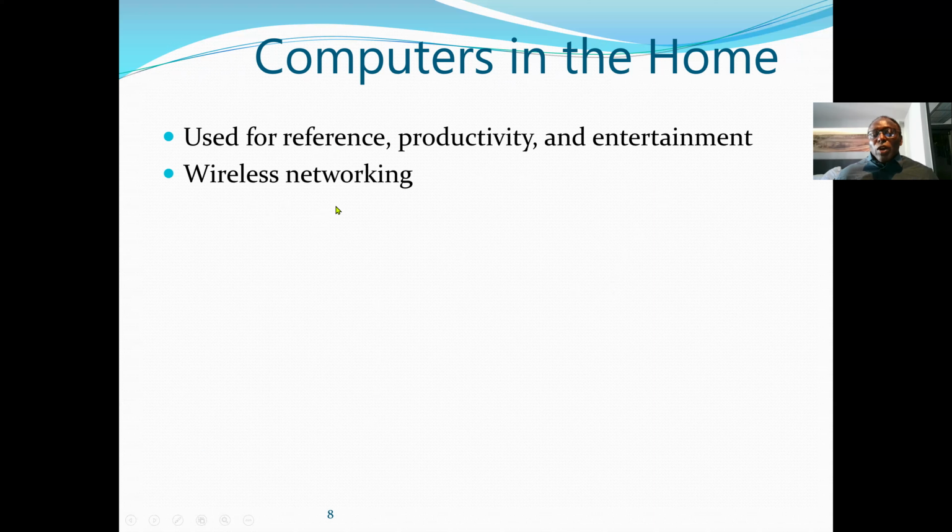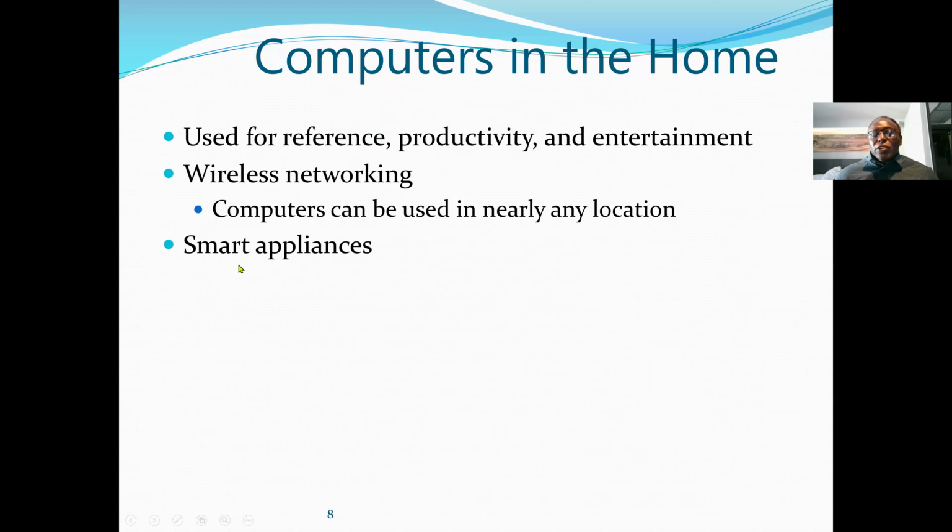With wireless networking, computers became more common, having access to the internet. Two or more computers are able to share information or resources. So here we say computers can be used in nearly any location with the help of wireless networking.